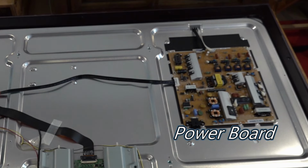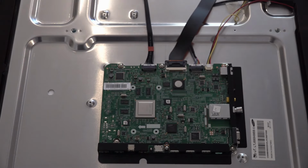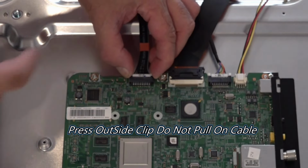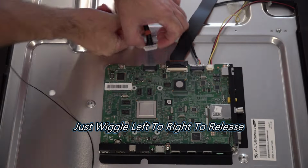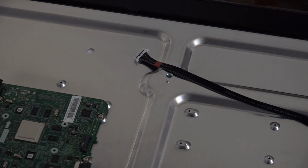With the center panel removed, now you can see we've got the main power board on the right, and then we've got our main PCB on the left. First, we want to check it's the backlight, so we're just going to disconnect the main board, make sure there's no power running to the television. Because we've unplugged it from the main board PCB, this is going to check whether there's any power issues with